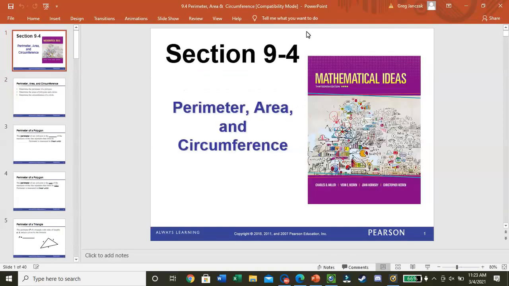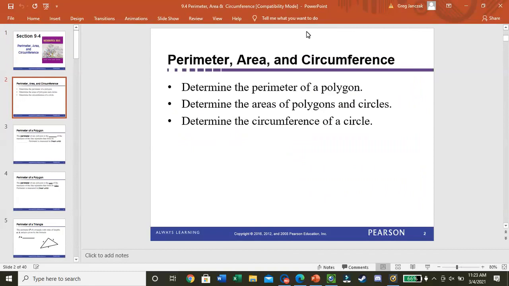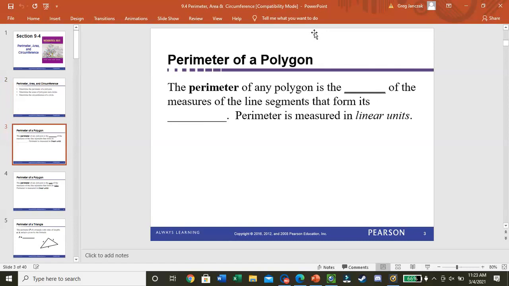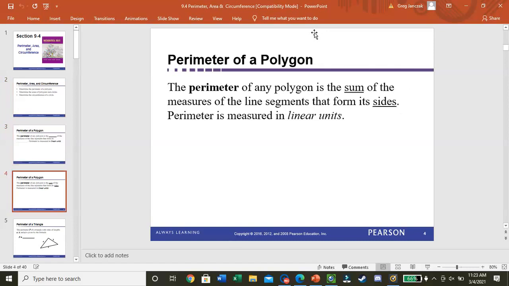So, perimeter, area, and circumference for 9.4. We're going to determine the perimeter of a polygon, determine the areas of polygons and circles, and determine the circumference of a circle. Okay, so first slide: the perimeter of a polygon is the sum of the measures of the sides